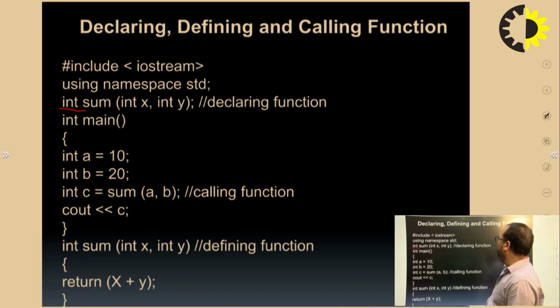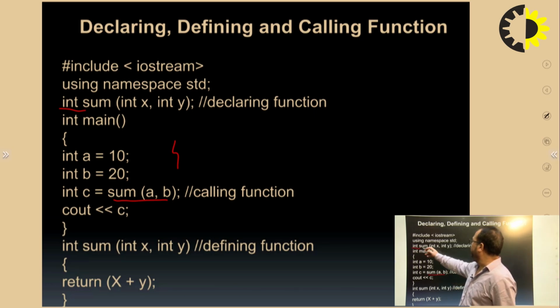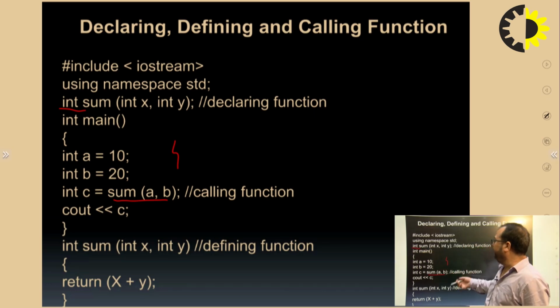This program is simply adding two numbers using a function, just illustrating how we could use a function. Here is the function call, which takes two arguments a and b, and since it is going to return an integer value,